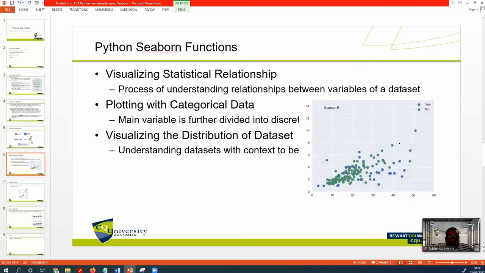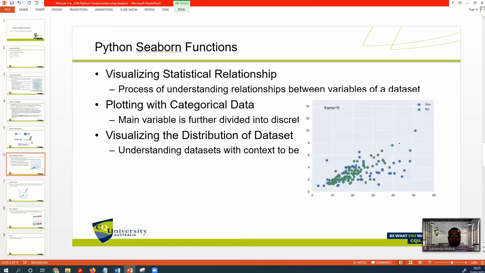In visualizing statistical relationships, the Seaborn functions cover the process of understanding the relationship between variables of the dataset, and how this relationship in turn depends on the variables.